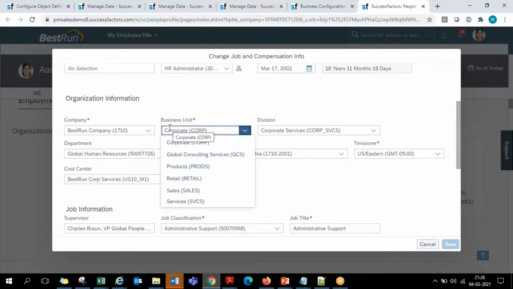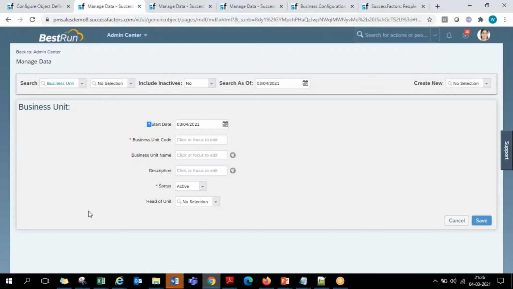But in real time, you can expect that relationship between legal entity and business unit also. So that India business will do all the 6. US business might do only 2 things. They are into products and retail only. They don't do sales and services. So like that, if you want lines of business to differ country specific also, we can do it. In this demo system, they have not given it. They have given it independent. All the countries do all the 6 lines of business is what they say. So that's why there is no relationship between business unit and division separately given.